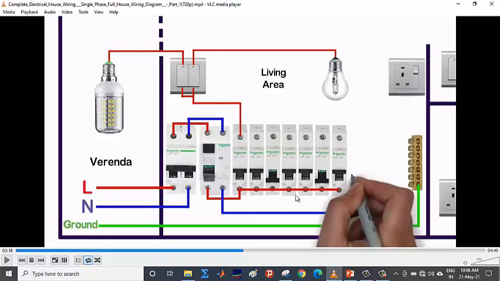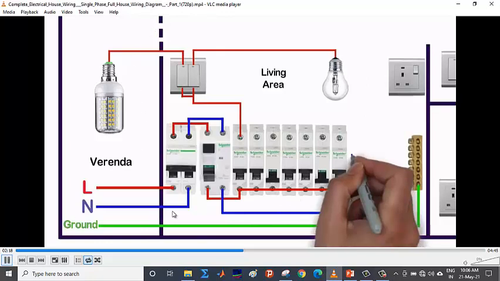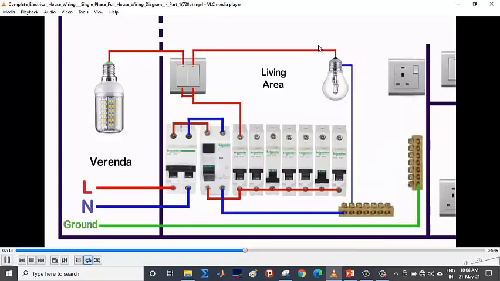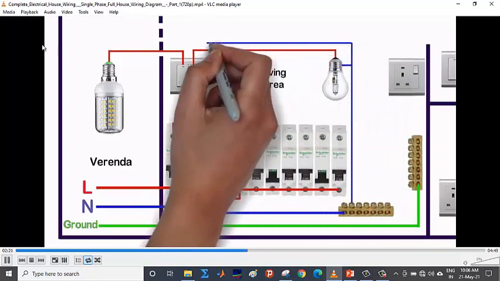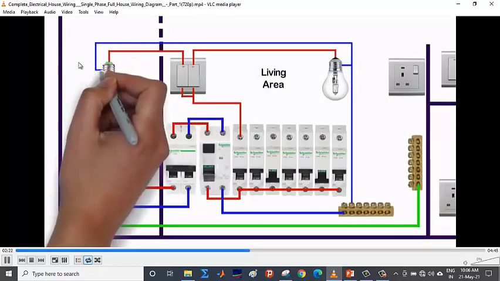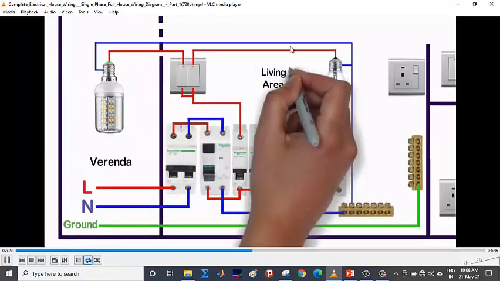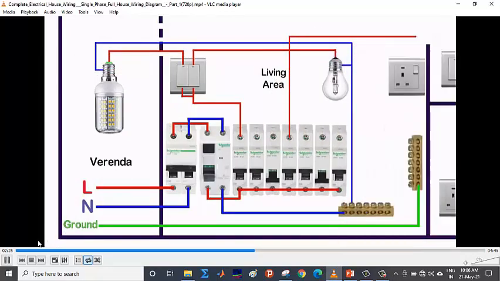And then the neutral wire has to be taken from the neutral bus bar to connect this and to connect this. You can see it from here. It is doing the same thing. It is connected to this, and then the other point is connected to this point. In this case, this circuit is completed. Now coming to this,